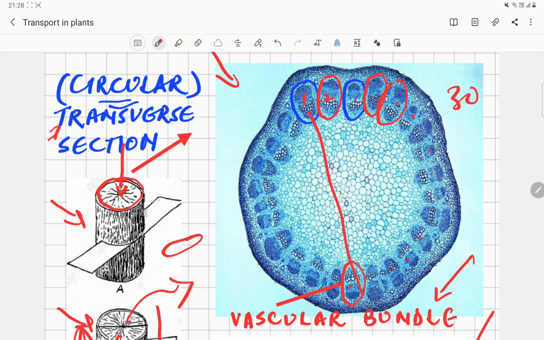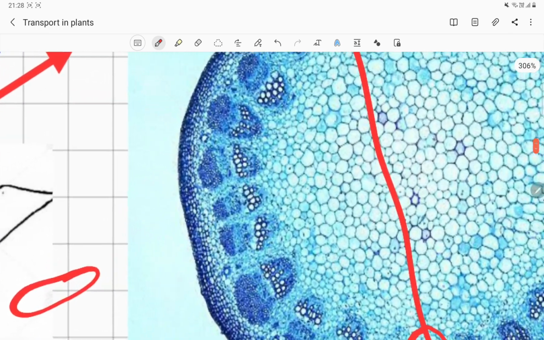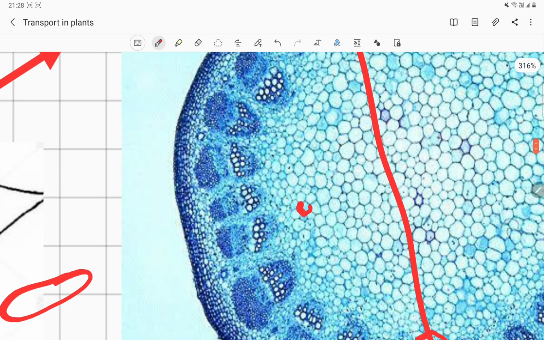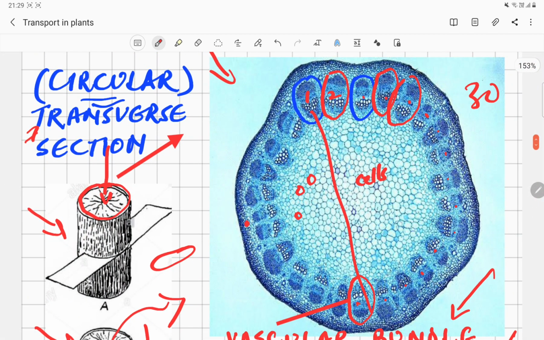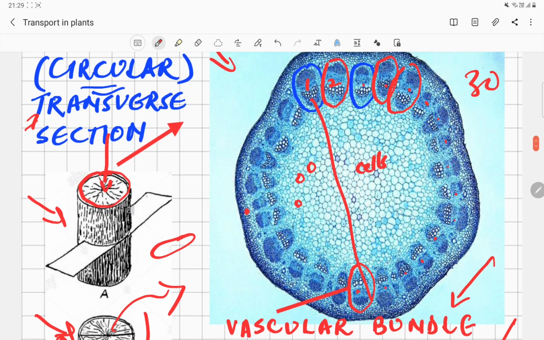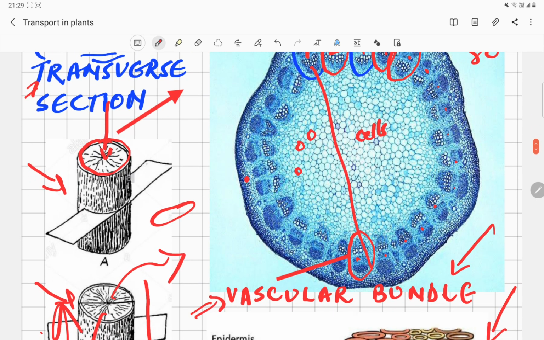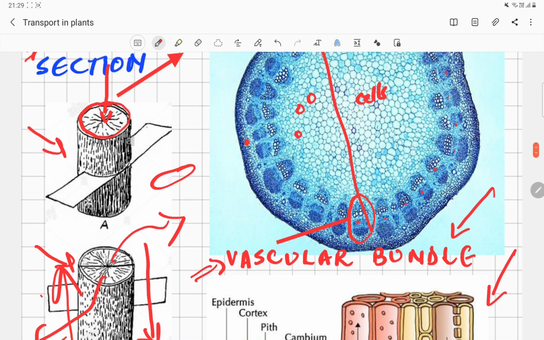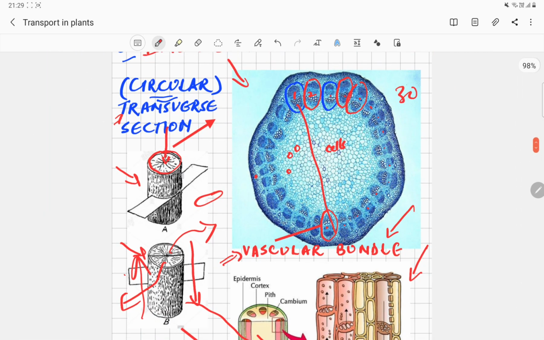Apart from that, inside the stem, there are a large number of other features. Let me just zoom in and show it to you. All of these tiny circular, spherical, polygonal structures that you see are the cells found inside a plant. But for now, what you need to learn is what is inside the stem, and we find vascular bundles inside a stem. So this was all about what you see inside the stem if you look at a circular section